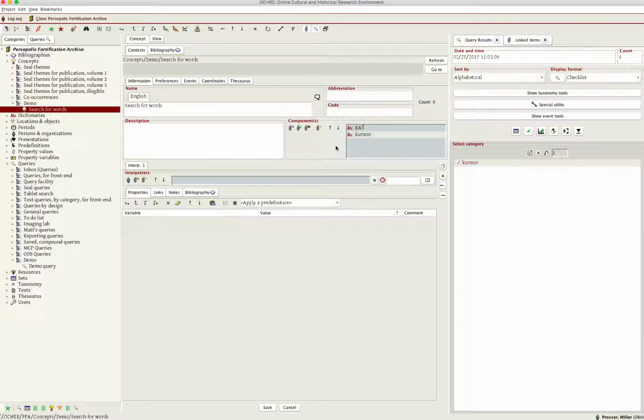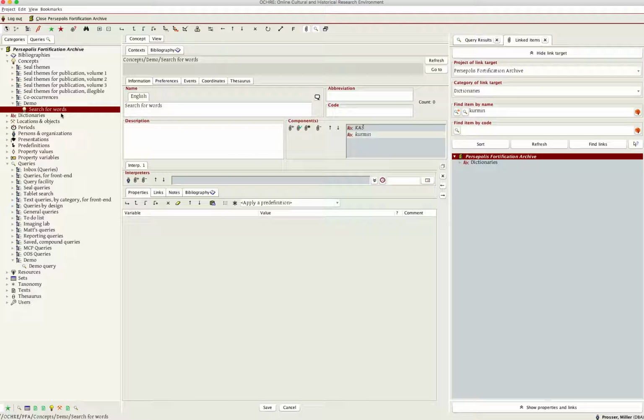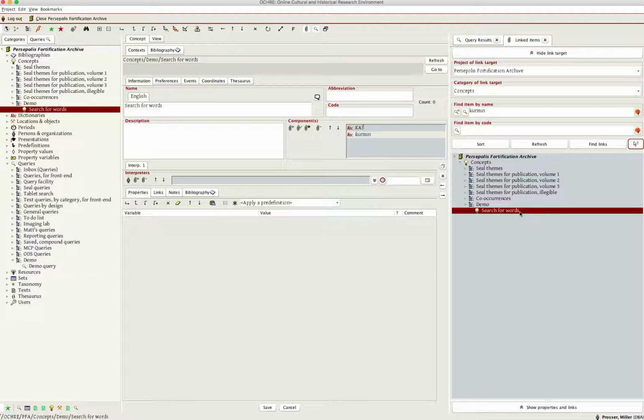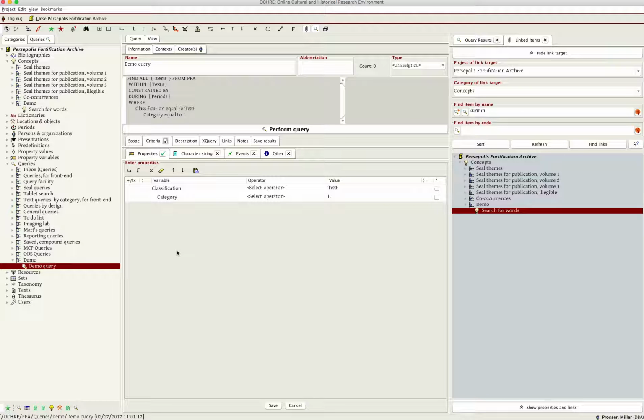Now let me show you a little tip here. I'm going to need this concept to appear over here in my linked items pane so I can add it to the query. To do that very quickly, I'm already selected on the left navigation. To add it to the right navigation, I just click this little arrow button and there I go. So whatever I'm navigated to over here, this will load it up in the linked items pane. Okay, now we're good to go back to the query and add the important